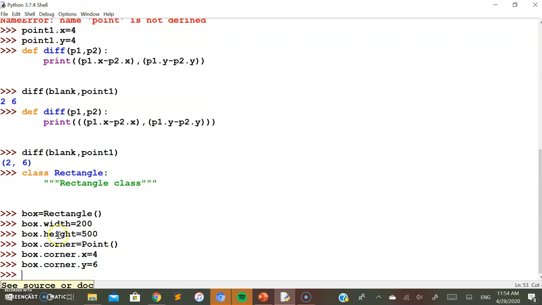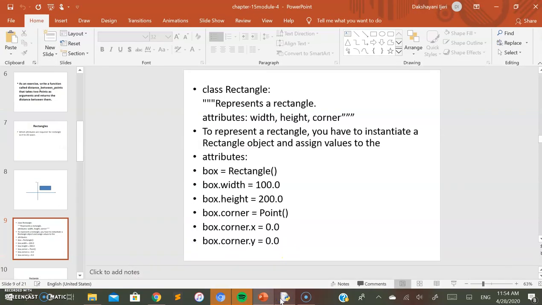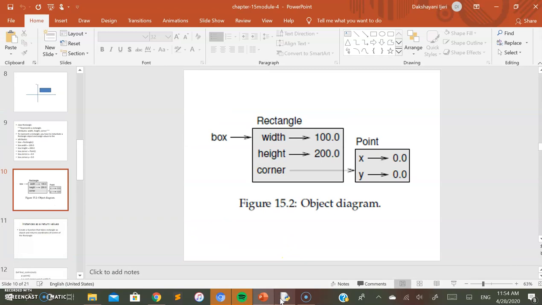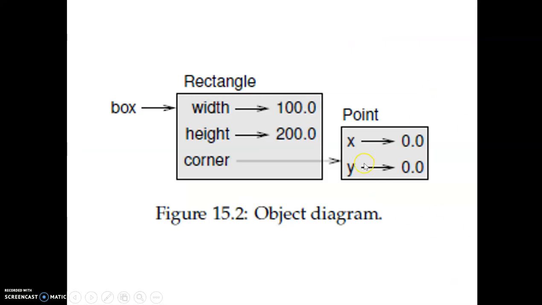That's it, these are the attributes required for the rectangle class. This is how it is represented as an object diagram for the rectangle class. This says it is a rectangle class and box has been created as an object of this class, through which we have set the attributes width, height and corner.